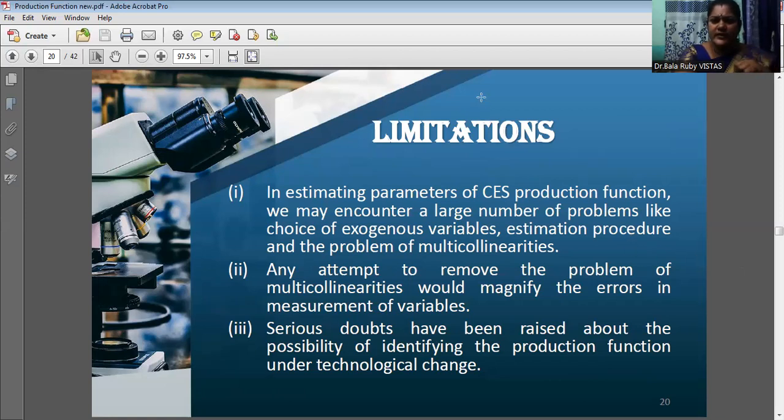So students, in today's class, we discussed the concept of production function as well as the types of production function. Mainly, what is the meaning of production? They are converting all the inputs into the final finished product. It is known as production. What are the types of production function? One is the Cobb-Douglas production function, the second one is the homogeneous production function, and the third one is the CES production function. What is a production function? It explains the relationship between input as well as output.